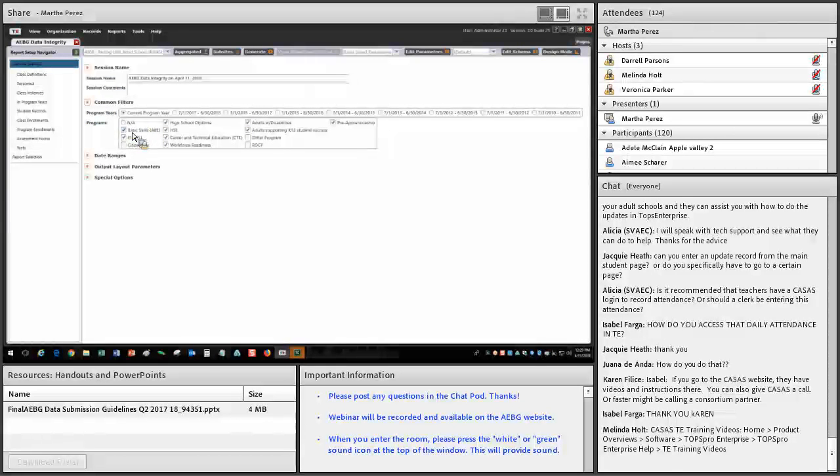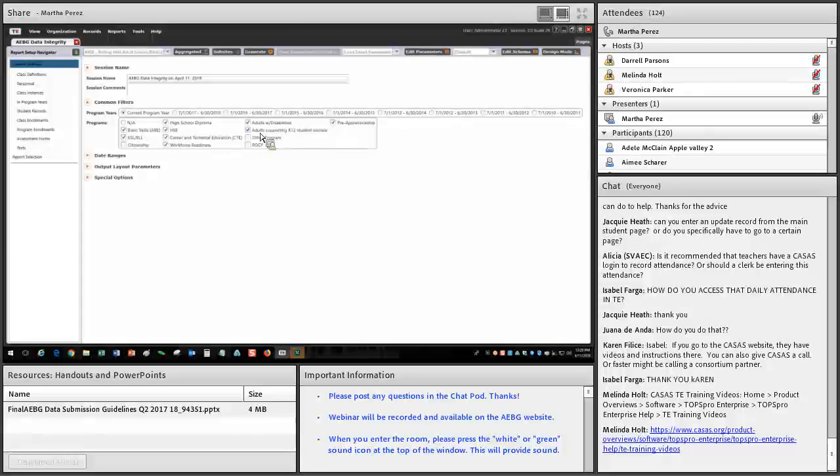Or you can just call it Data Integrity on April 11th, which is sufficient to know when this report was created. It really depends. It's up to you if you want to leave the whole name in there. For common filters, these programs will be automatically selected because these are the AEBG approved programs, right?